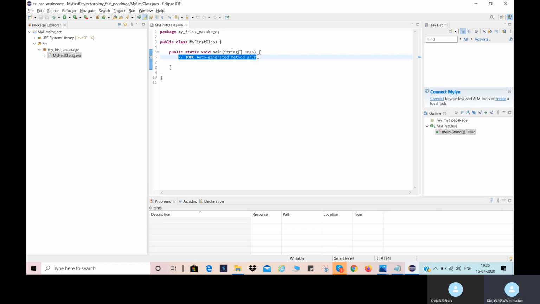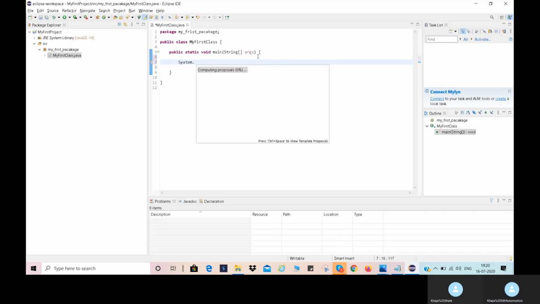Just delete this comment. And here I am typing System dot. I'm just printing a sample message in this program. For that we will use the output statement, the print statement.